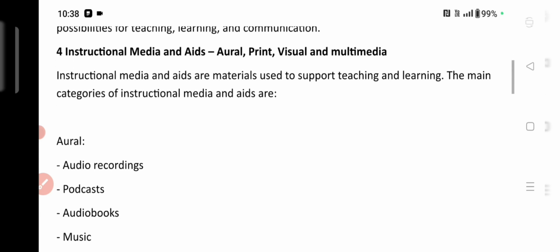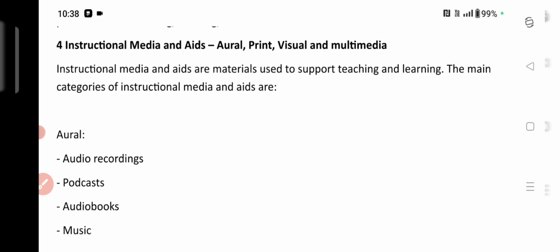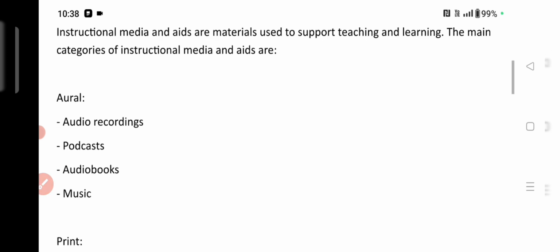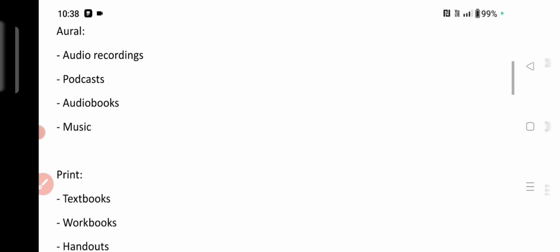So the next one, the fourth topic, is instructional media and aids: oral, print, visual and multimedia. What do you mean by instructional media and aids? Nothing but the materials we use to support teaching and learning. So there are some main instructional media and aids. You understand that instructional media is nothing but the materials we use to support teaching and learning. So whatever technology is used in the classroom by the teachers is known as